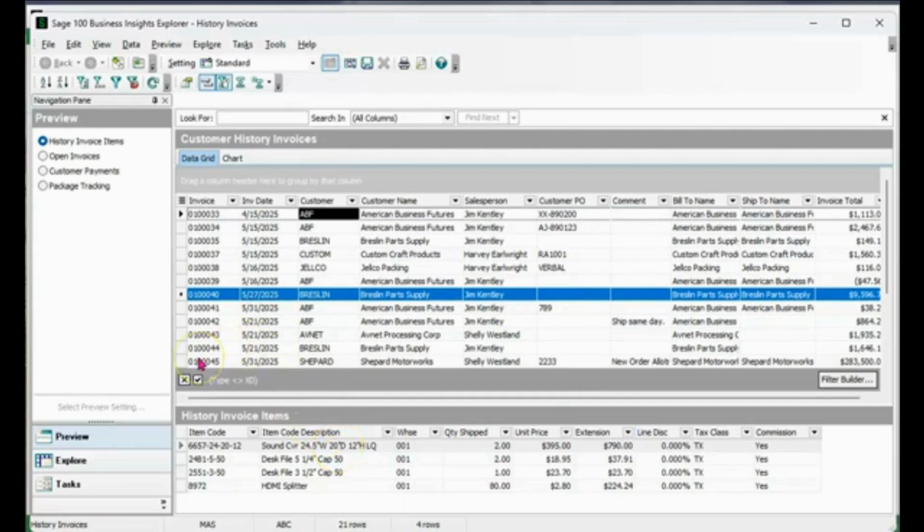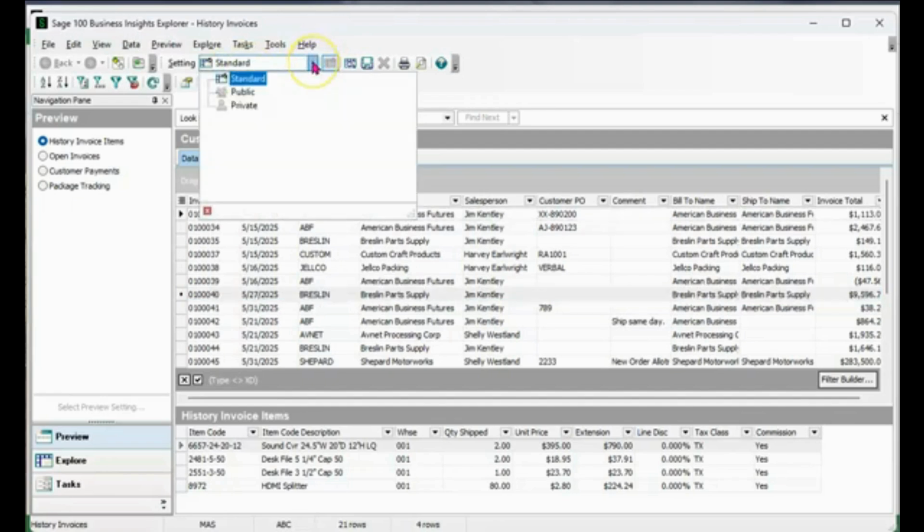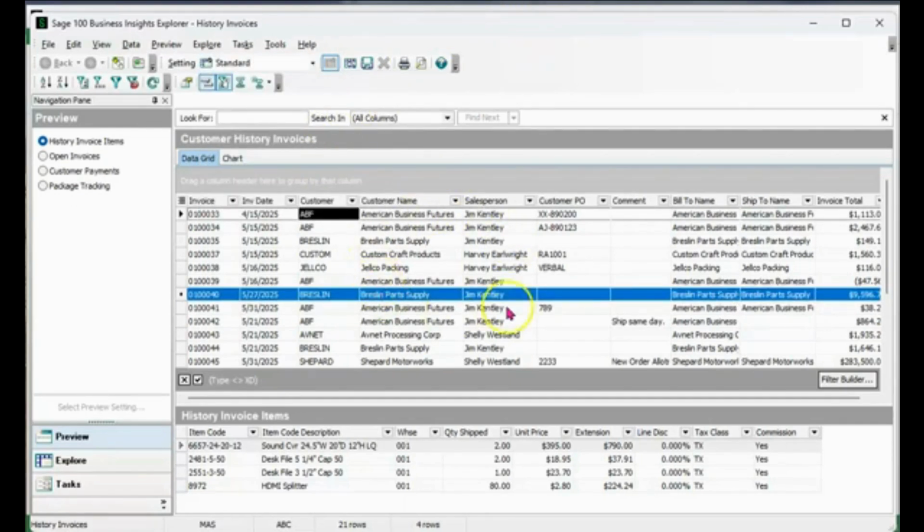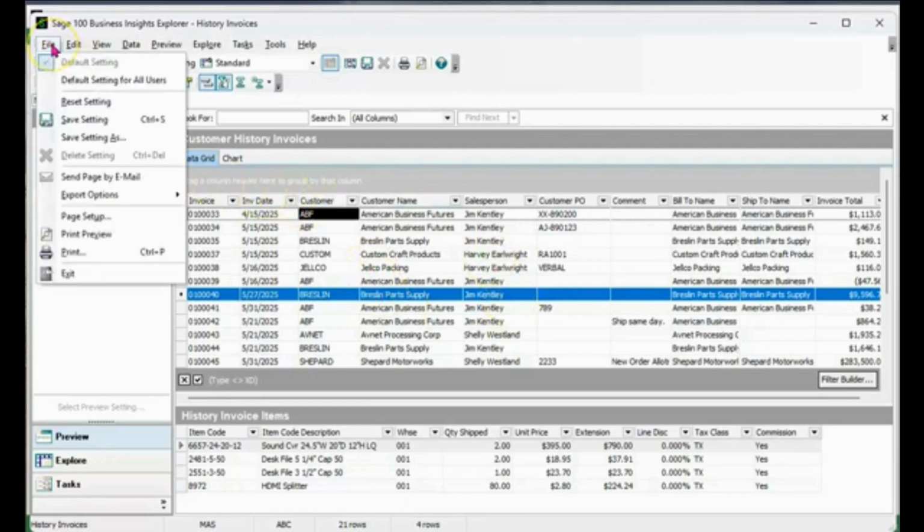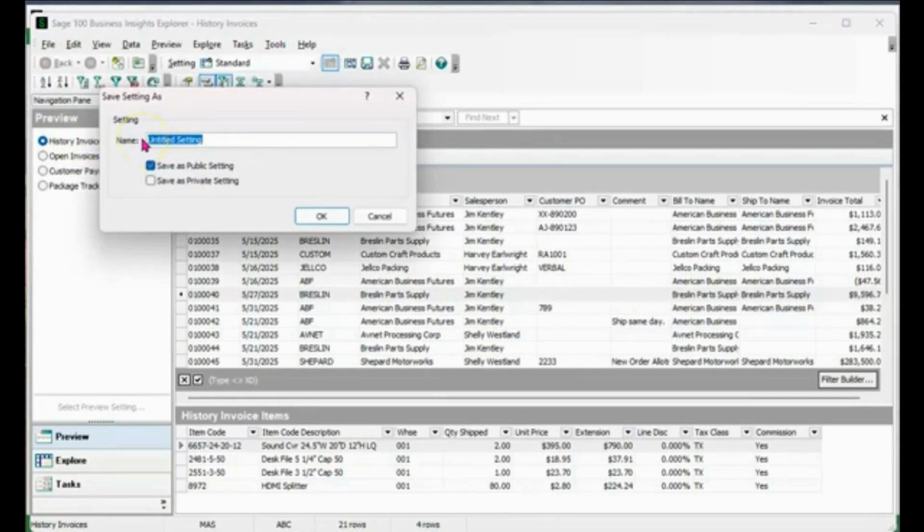Another really cool feature with this is up here where it says standard view, that comes built in. You can toggle that and actually have these be a public view or a private view. So if you've got this shuffled around the way that you want it, and you always want to be able to come back to that same exact view, you can tell it that you want to save the setting as your custom view,